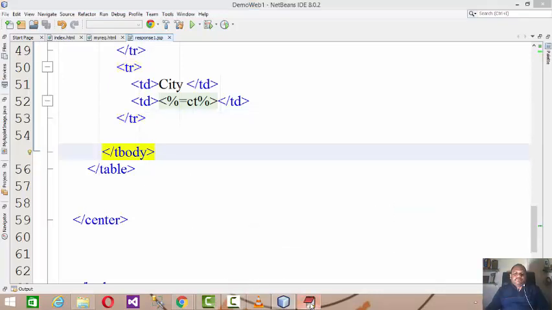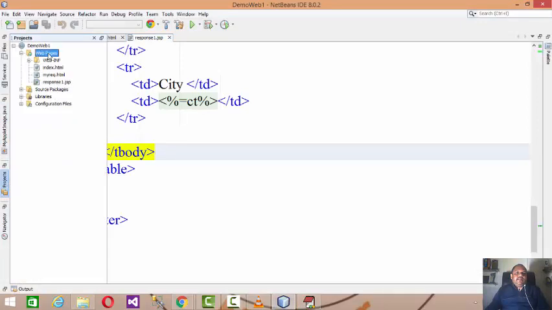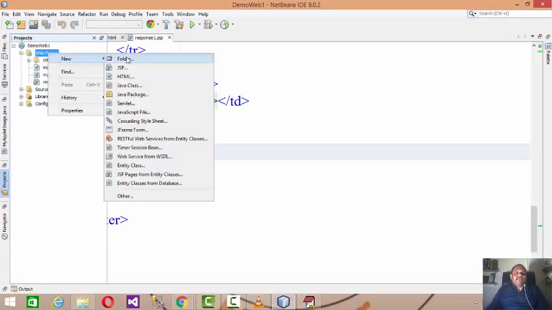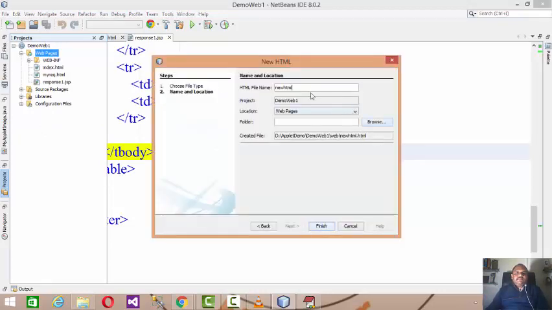Now let us discuss another example. Let's say I want to create a request form by which I can read the data. Let's say arithmetic: I will read the data from the user to perform arithmetical operations with two numbers. So I will create the HTML form. HTML is a request page which runs on the client.